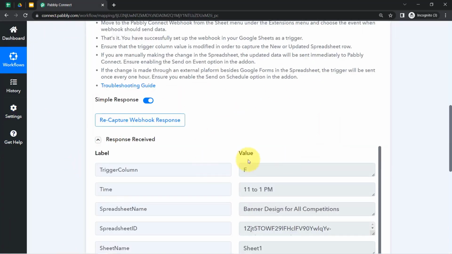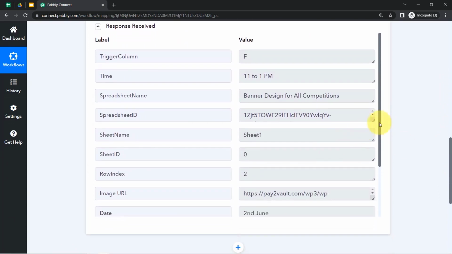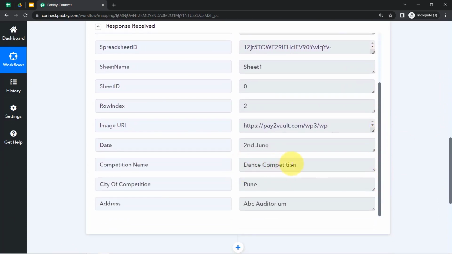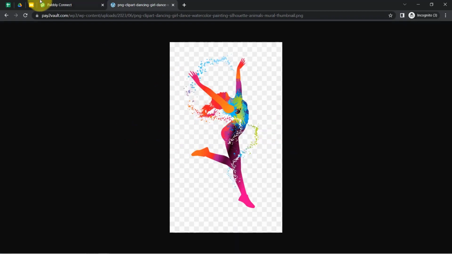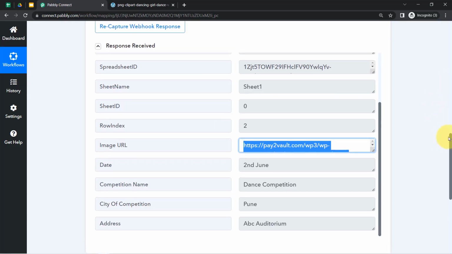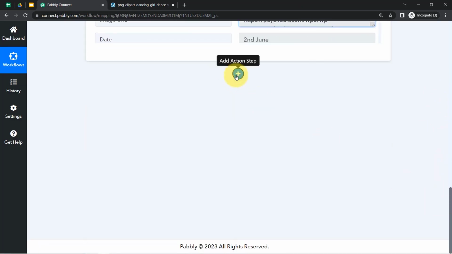Okay, let me also show you the same data in this response. Alright, so here we have all the data, that is the competition name as dance competition, the city of the competition, the address we have the date, we have the sheet, we even have the image URL. Let us cross check whether it is the same image or not, and yes, it is the same image. I'm sorry for that. Okay, so we have all the data, and now I will show you how you can